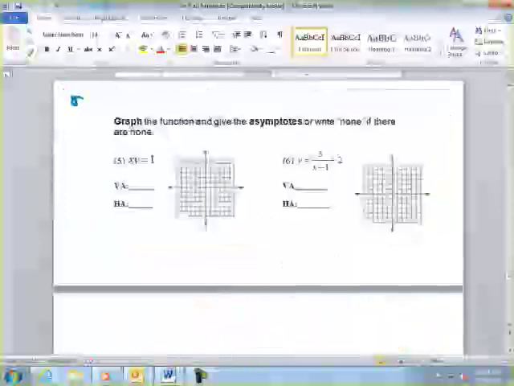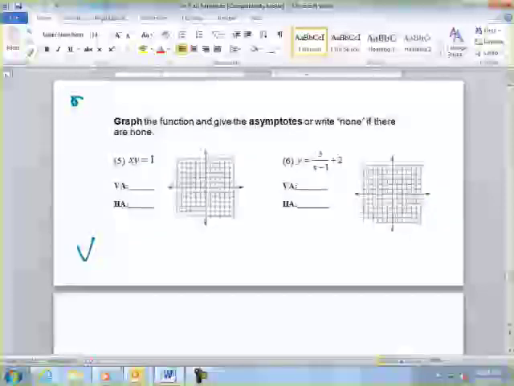It is graphing and asymptotes. For asymptotes, the rule for vertical is that it is where the denominator is equal to 0. The vertical asymptote is the value that would cause us to